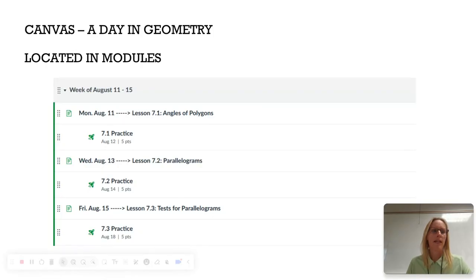If you click on the page with the date and lesson, you will find the learning intention and success criteria for the day, as well as completed copies of notes and the homework assignment. The link directly below each day is the Canvas practice assigned for that particular day. Students who are absent from class are responsible for checking Canvas for completed notes and practice assignments for the day